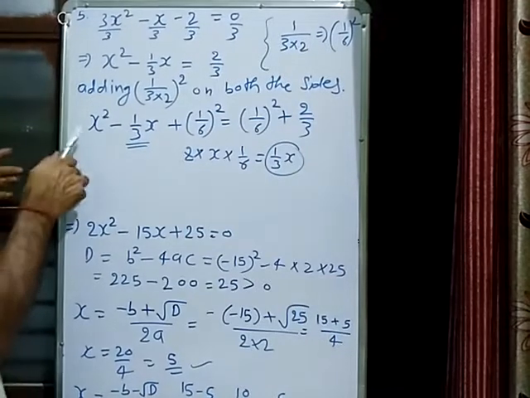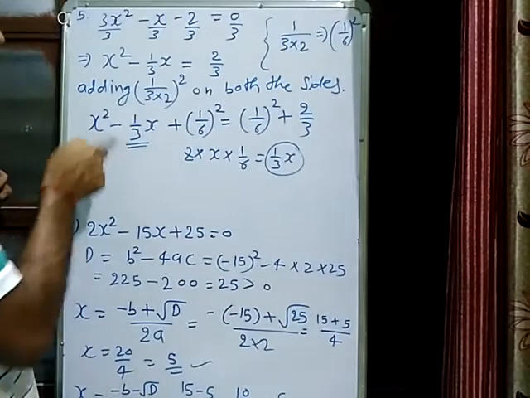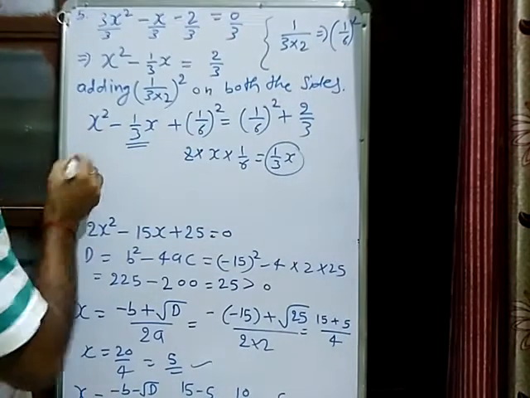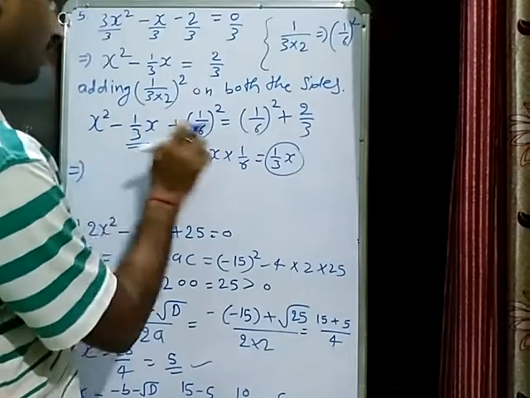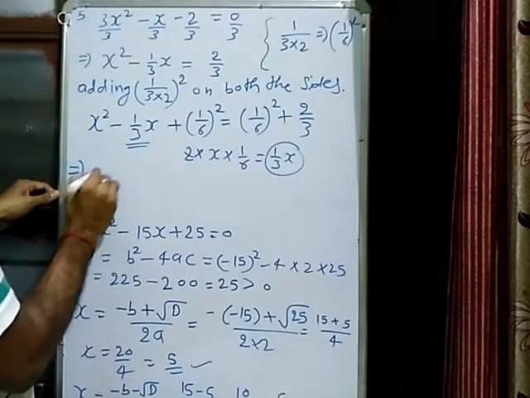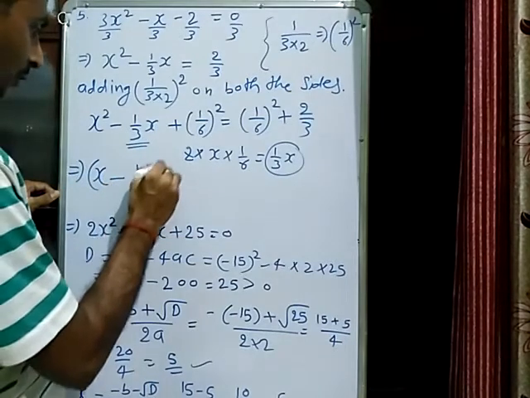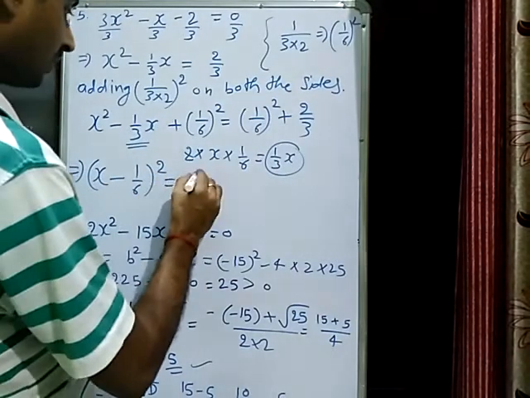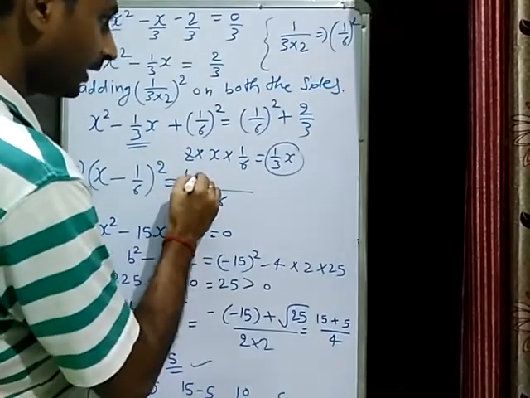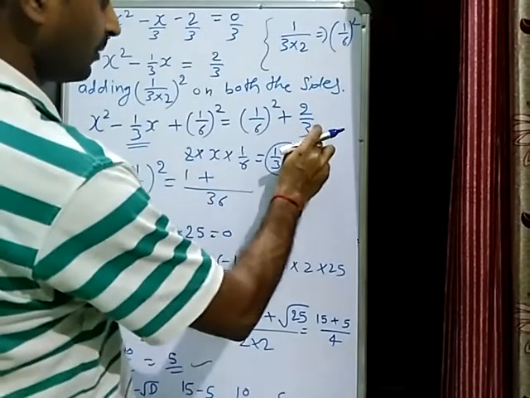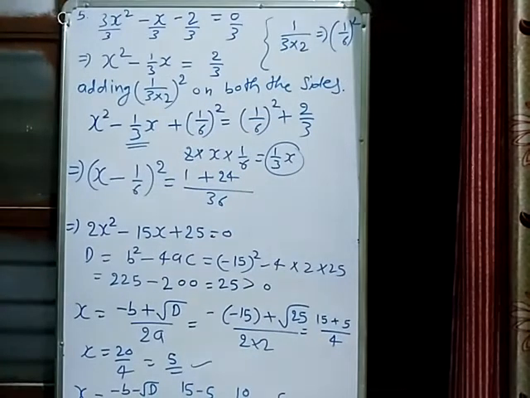So it is in the form of a square plus b square minus 2ab. If you want, you can write it here, otherwise you can directly put the value. So it is in the form of a square plus b square minus 2ab, which is a minus b the whole square, where b is 1 upon 6. The whole square is equal to, here we take the LCM, 36. So 36 LCM 1, correct, and here what do we need to multiply by? 12, 12 twos are 24, so we got that, correct. So I hope you understood.